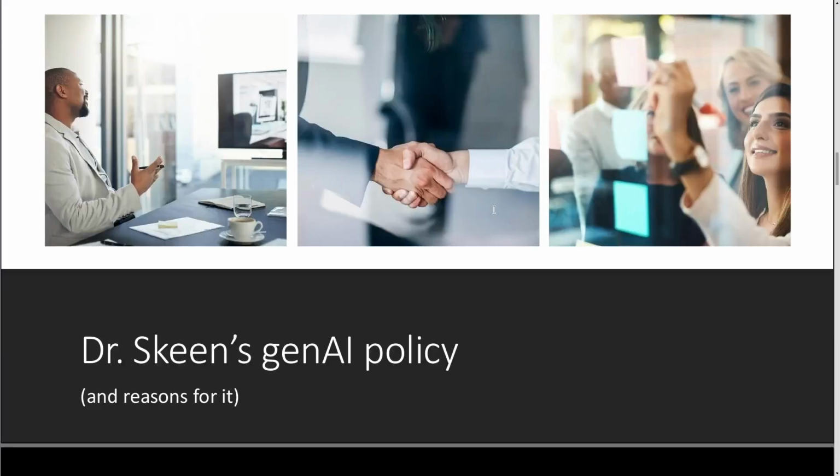And then next would be my genAI policy, and I need to finish this. I've got a drafted version of my genAI policy for use in my classroom, and I want to make sure that it fits within the framework at my university. We actually just got a new framework today, so I want to make sure mine aligns with the university's. And so I will give that to them. Or, if your university has one, if you were to do this, you could give them the university one and say, we're going to work within these parameters.